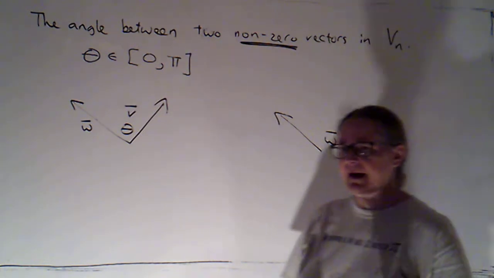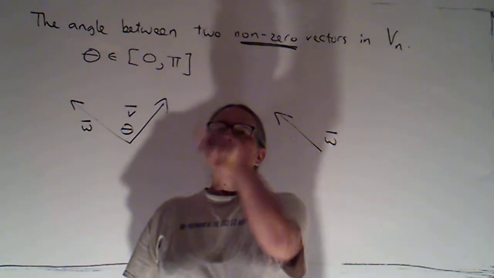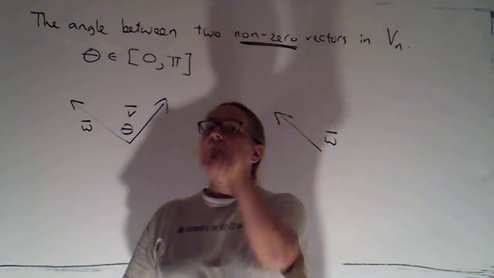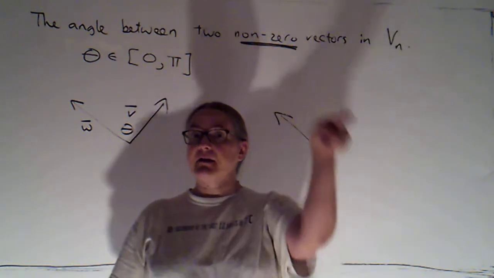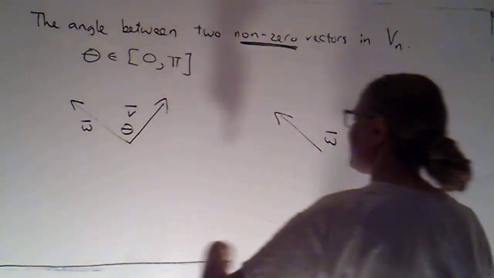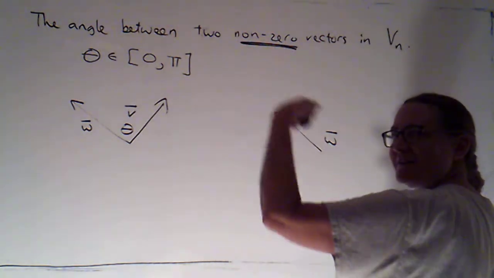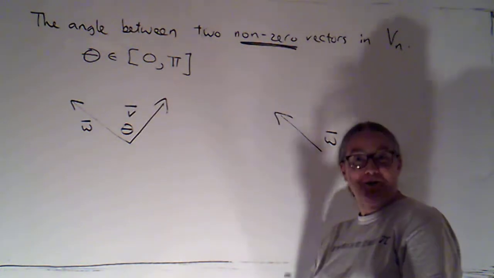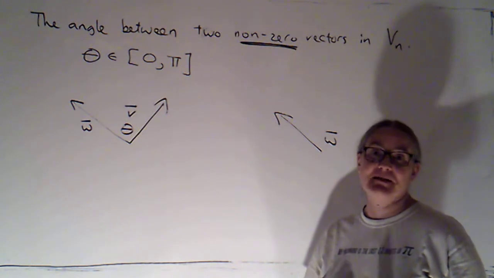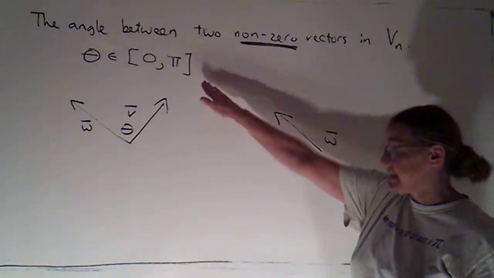Just to illustrate that, I'm going to move my arm around. Does it look to you like I'm going clockwise or counterclockwise? It should look to you like I'm going clockwise. But I'm going to now turn around, and I'm not changing the direction that I'm rotating things. Oh my goodness, now it looks like we're going counterclockwise. So your perspective, where you're standing, depends on whether things are going to be described as clockwise or counterclockwise in 3 space. So we always simply define the angle between two non-zero vectors to be a positive angle between 0